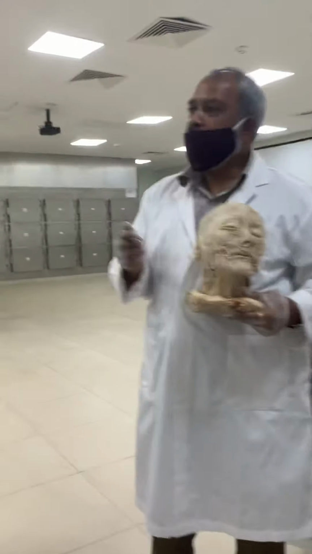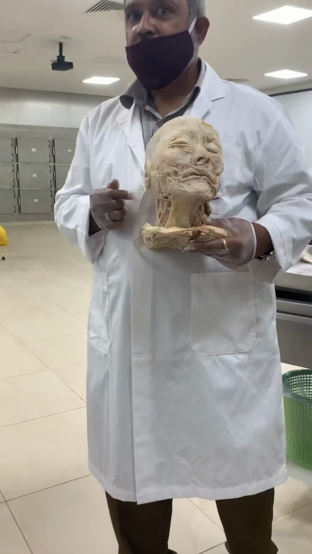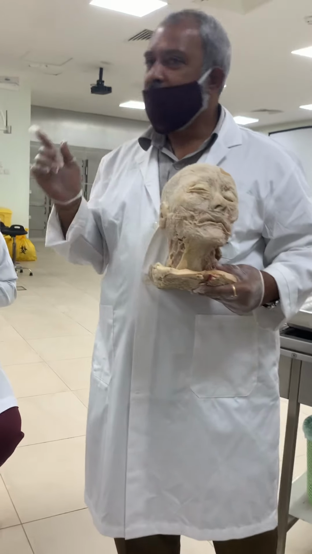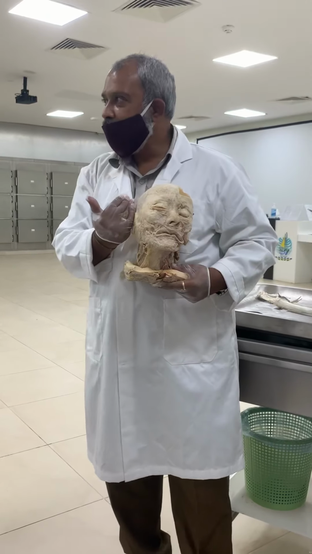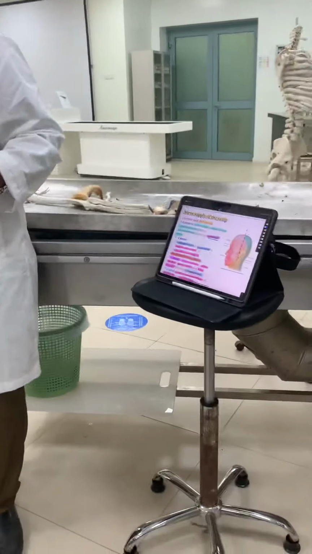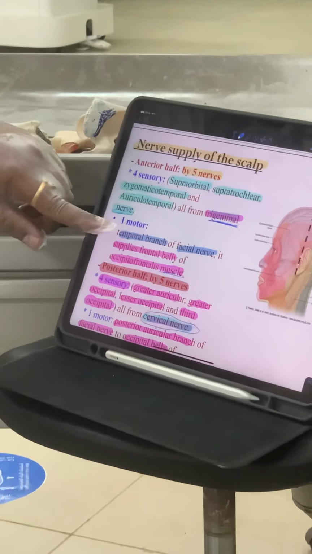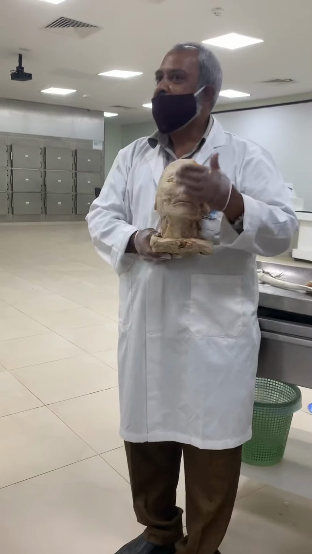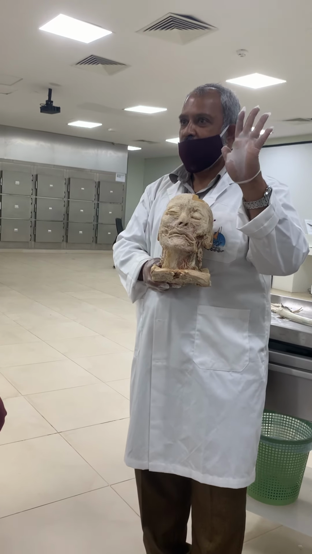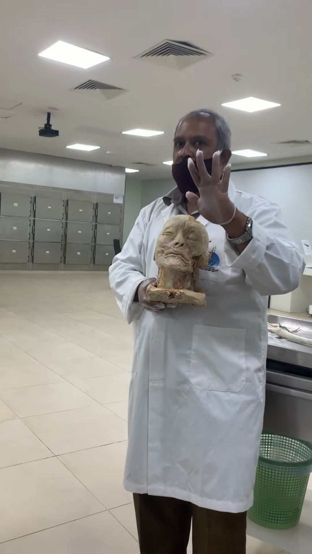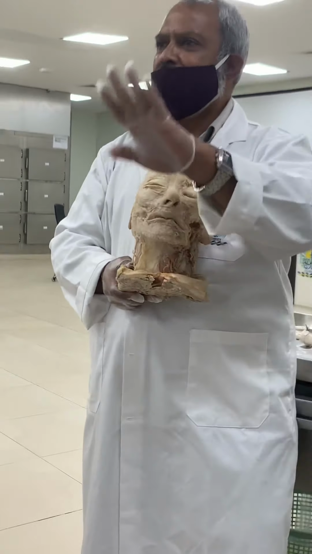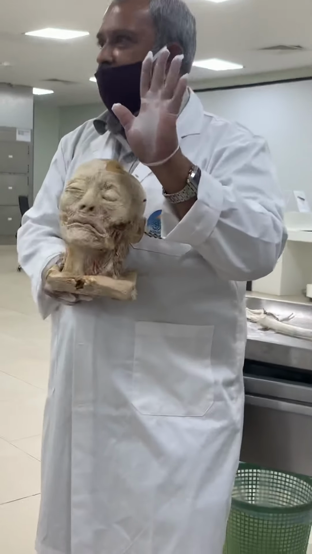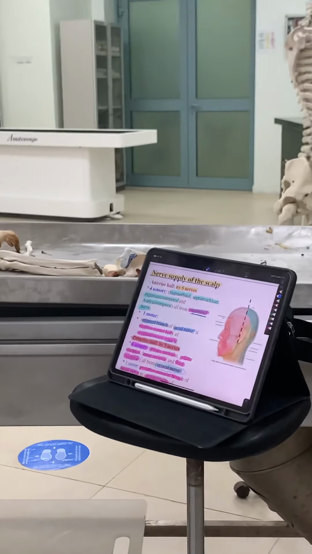And then auriculo-temporal. Auriculo-temporal means auricle and temporal here, so the nerve supplying the ear and the temporal side. So these are the nerves supplying anteriorly. And then the motor nerve. The motor nerve is the nerve supplying the muscles, it is called motor, it can move. For basic terms, I am not telling in that much depth, just basic information. So this much is enough, sensory and motor. Motor is the facial nerve.